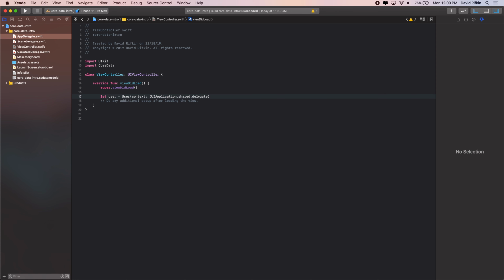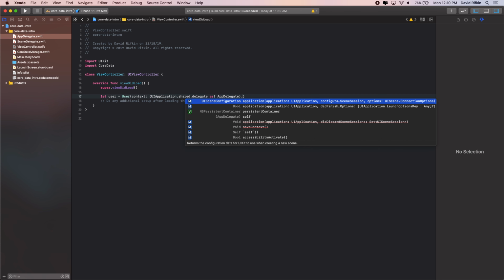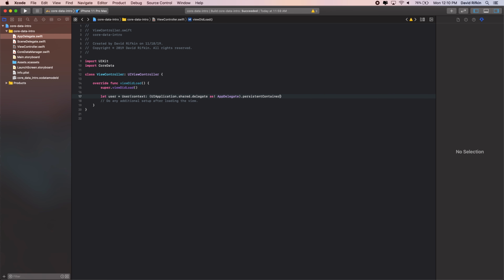Now on there, and I know you all love this, as app delegate, here I'm going to look for the persistent container. Pretty good, right? Do you love it? All right. And now